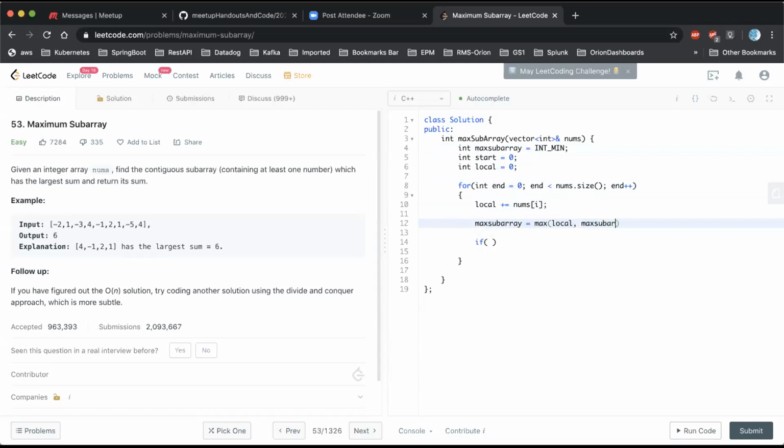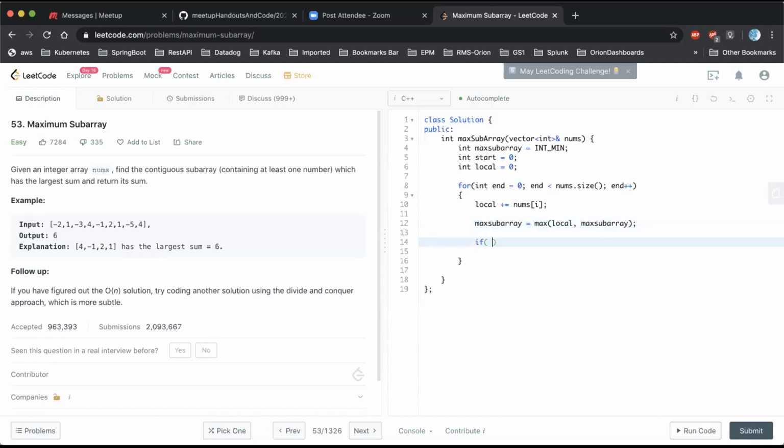You're also going to need to reset your local in each iteration. Not reset, right? Whenever I move the start pointer, I would subtract it. I would reset it only when the